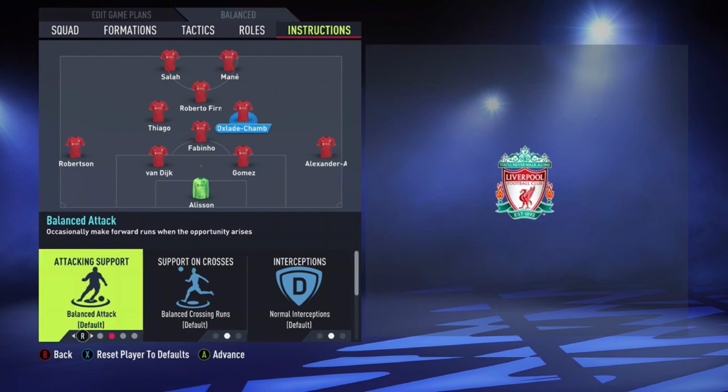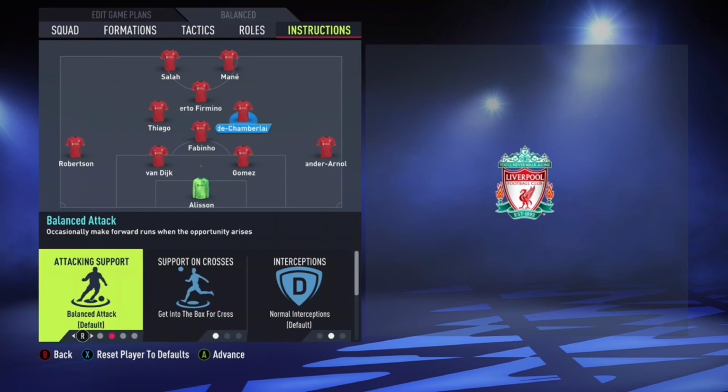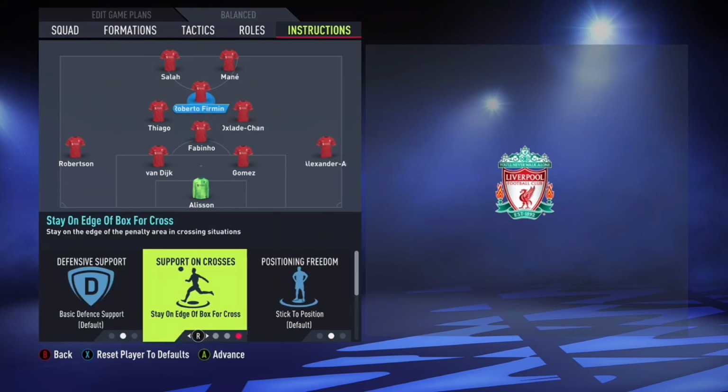But our box-to-box midfielder is going to be get into the box, but everything else balanced. His work rates should be high, so he's just going to get up and he's going to get back down whenever it's needed. Firmino, our CAM, is going to be...